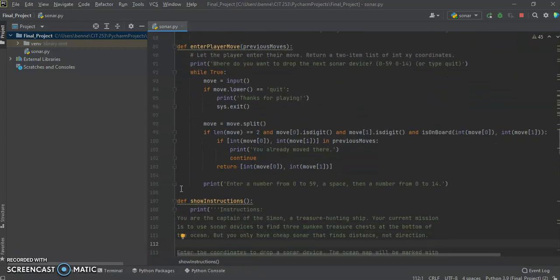Then we get into the player moves. It'll ask the player to type in 2 numbers, 0 to 59 space 0 to 14, or you can type quit, and it'll use this as input. If you type in quit, it just exits the game completely. If you type in a move, then it'll split the move into two